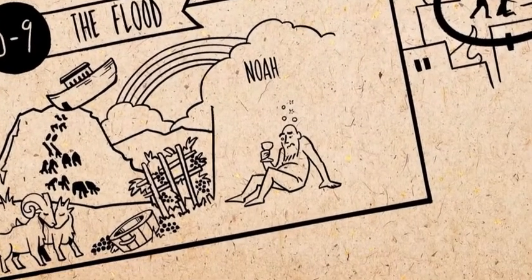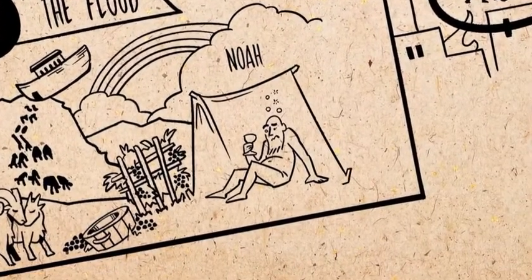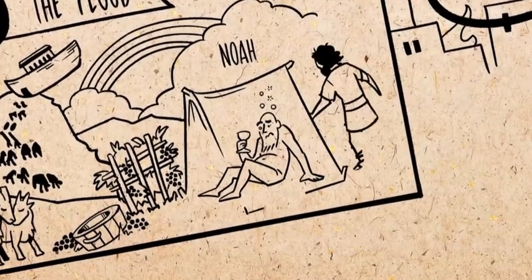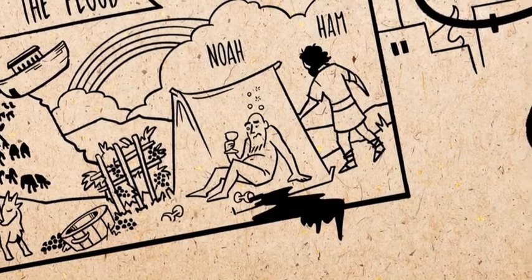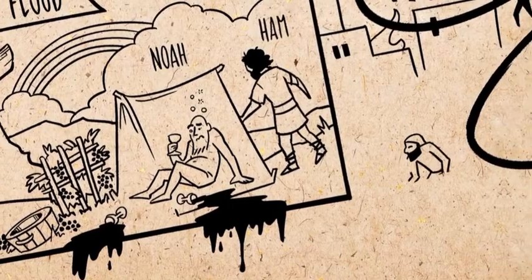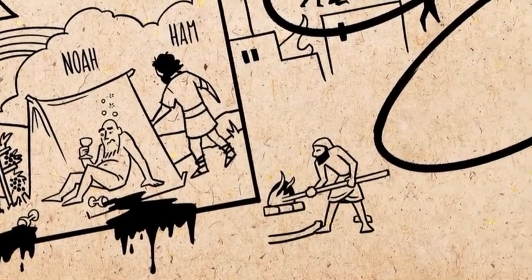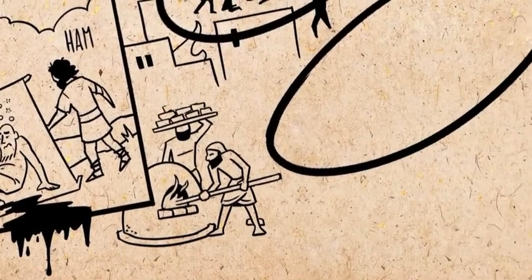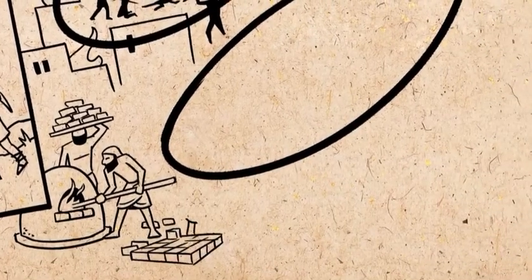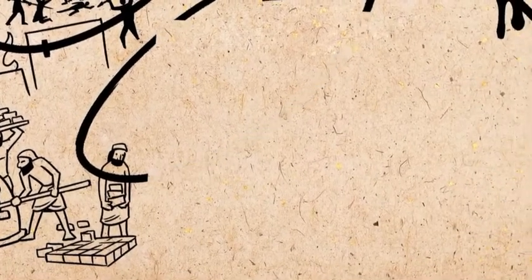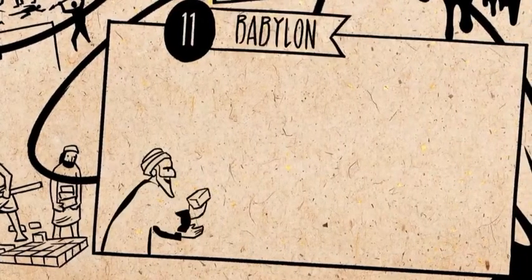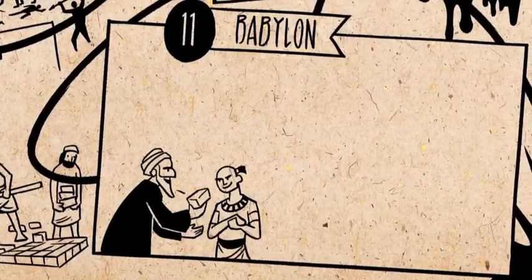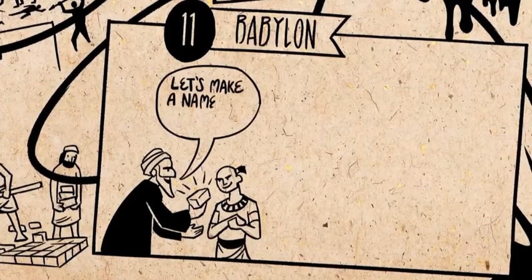And then one of his sons, Ham, does something shameful to his father in the tent. And so here we have our new Adam, naked and ashamed, just like the first, and the downward spiral begins again. It all leads to the foundation of the city of Babylon. The people of ancient Mesopotamia come together around this new technology they have, the brick. And they can make cities and towers bigger and faster than anybody's ever done before. And they want to build a new kind of tower that will reach up to the gods, and they will make a great name for themselves.